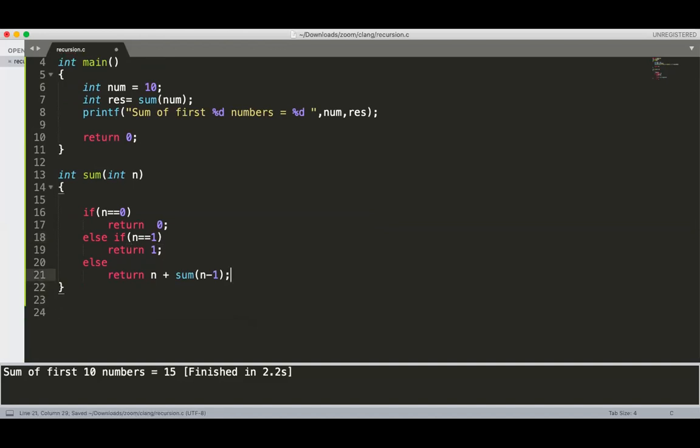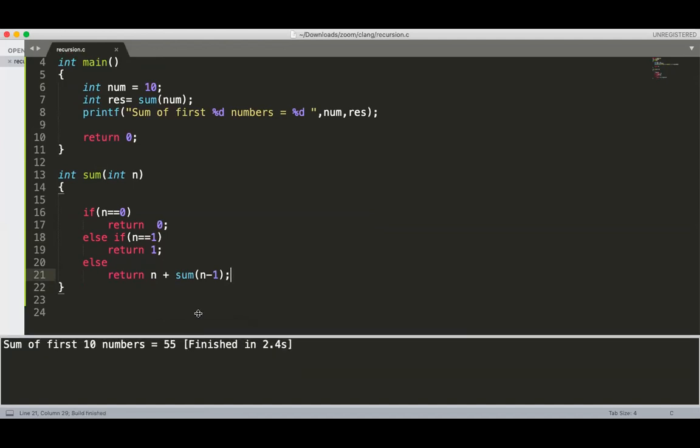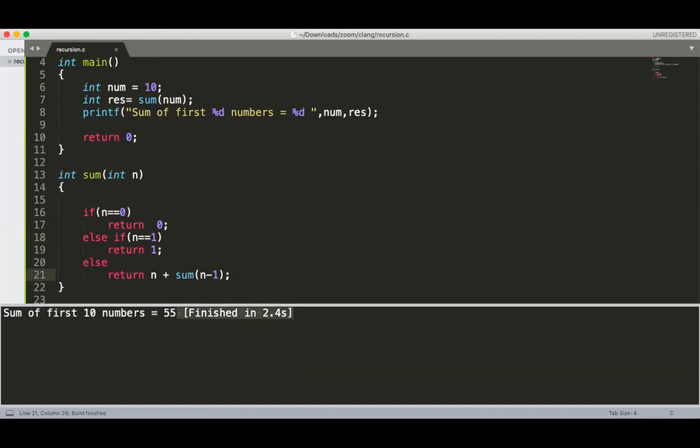Now you can see I have not used that s, only return. The answer is the same. So there are several ways to write the same program. You can write the same program in a number of ways and you will get the same output.